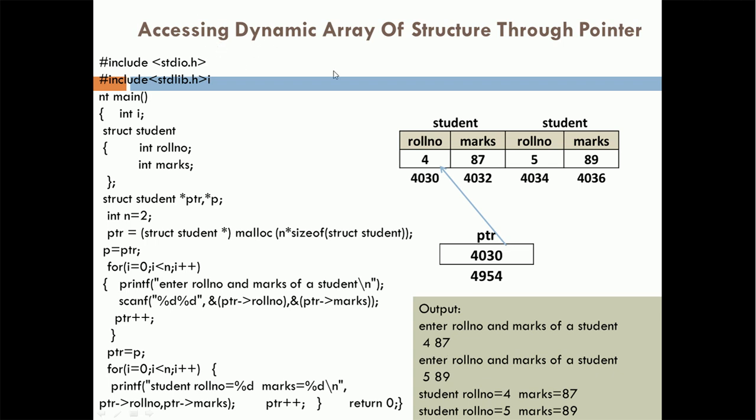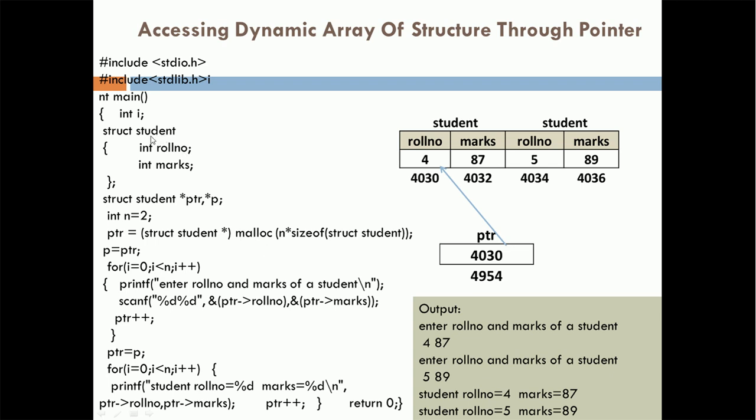Here we want to access an array of structure using a pointer, and again we are creating the array of structure dynamically here. So first of all we create an array of structures, then we use a pointer to access this array of structure, and the array of structure is also created dynamically here. For that purpose the malloc function is used. To understand this topic, one small program has been given here.